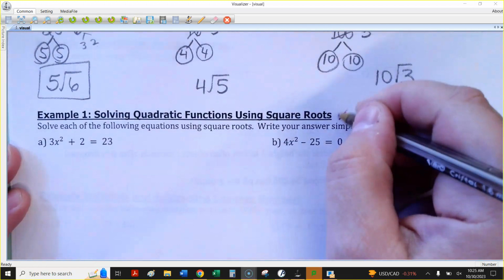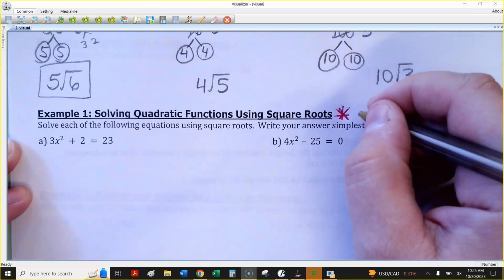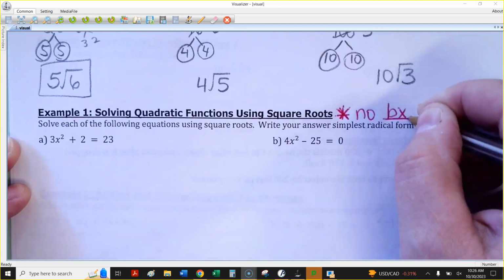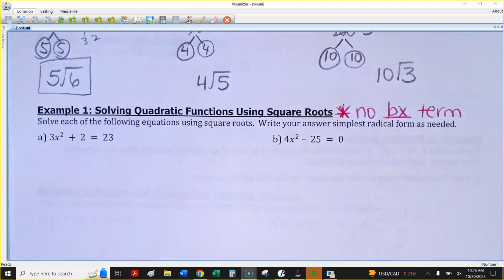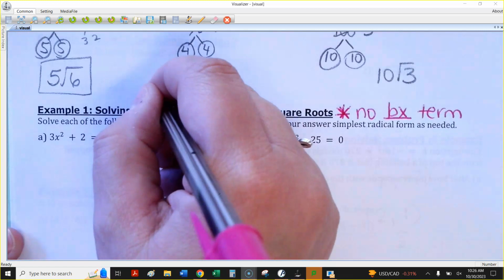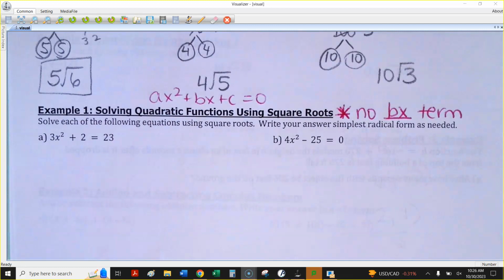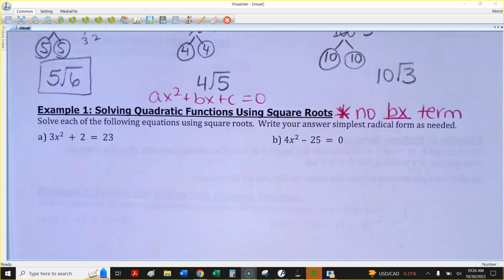The best time to use this is an equation that does not have a linear term. I'm going to write it like this: no bx term. What I mean by that is, if we had our ax squared plus bx plus c, if we don't have a linear term, we still have to have an x squared term because otherwise it's not a quadratic. But if you don't have a term that just has a plain x in it, the easiest thing you can use to solve that quadratic is to solve it like a normal equation. You get the x squared by itself on one side,